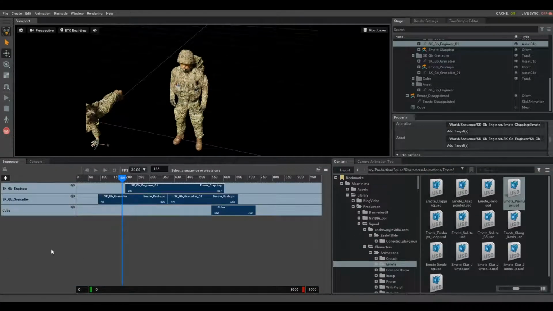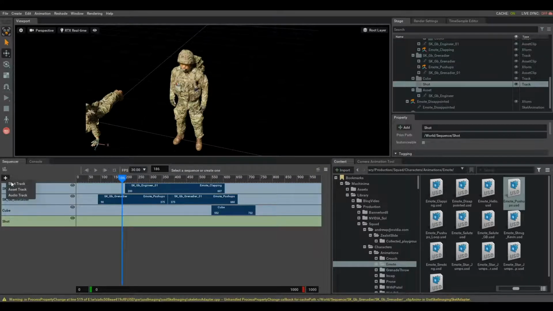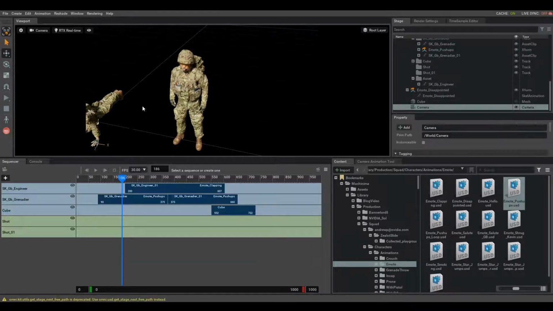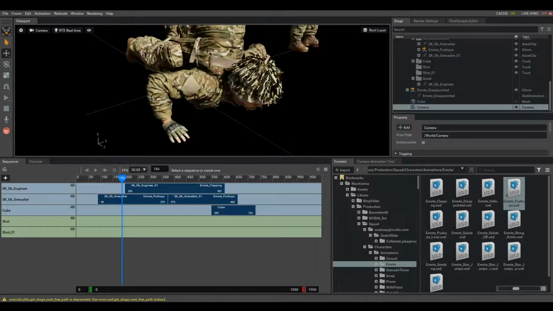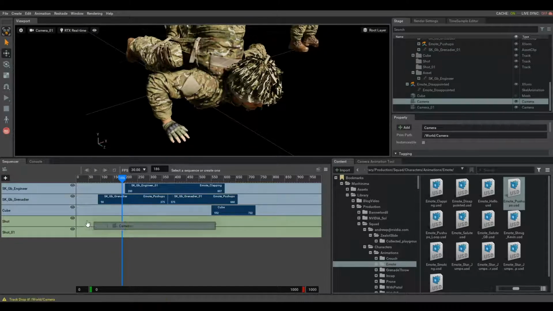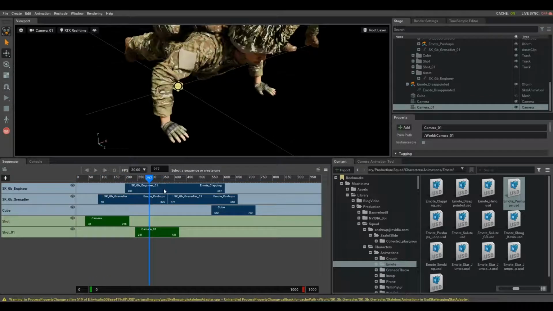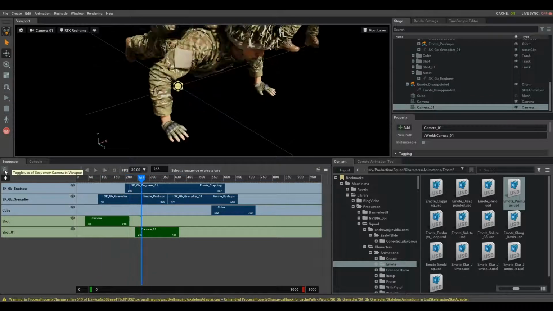The next thing important about the sequencer is its ability to switch cameras. So we have what's called a shot track, and I'm going to go ahead and add a couple. I'm going to make one camera from this angle, and then I'm going to do a camera down here at this angle. I'm going to drag this into the shot track and drag my other camera into the shot track below it. Now, as it sits right now, I'm just in camera 01. That's the one I had. But if I hit this little button right here, I will now use whatever camera is the highest priority in the shot track. So when I scrub,